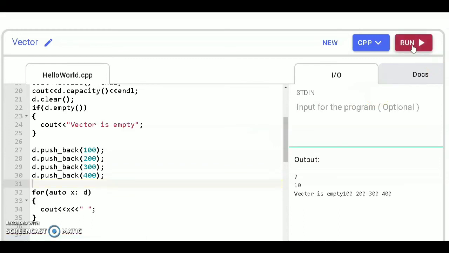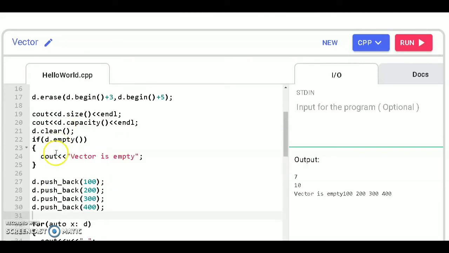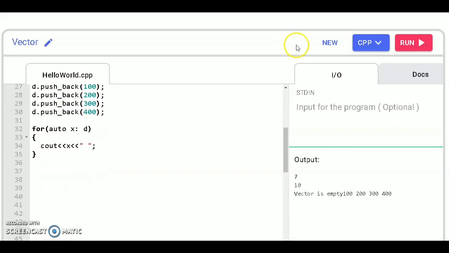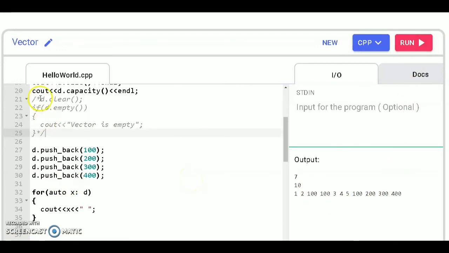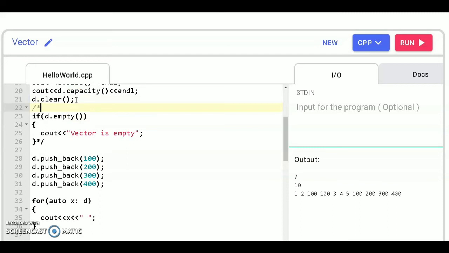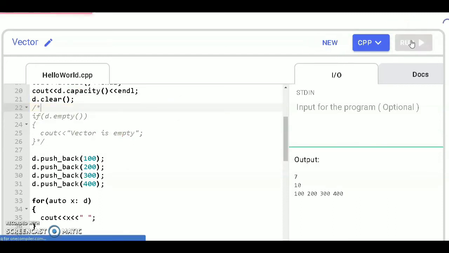So let's run and remove this, because above this the vector will be empty, and after this you will insert these elements. So hide this. Now run this code. Okay, remove this clear so that after this the elements are there. Okay, 100, 200, 300, 400.